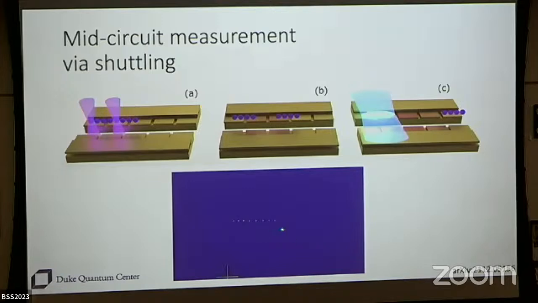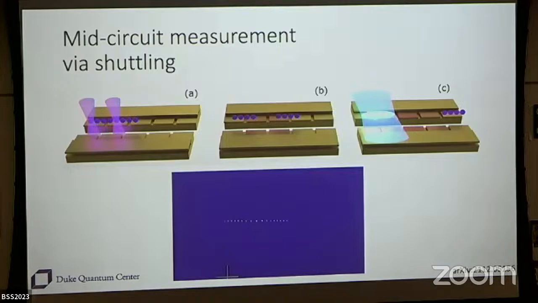So this is a real-time video of how we can take the ions. We split it into 2 chains here. And then in this example, we actually do a second split. So we bring these back to center, and I believe there are 8. And then we split them into